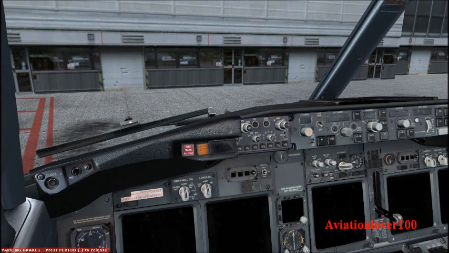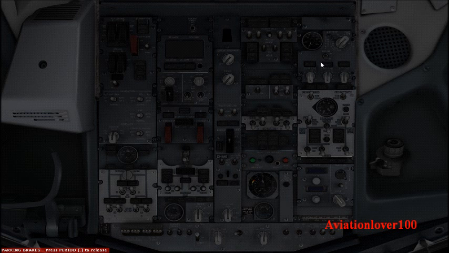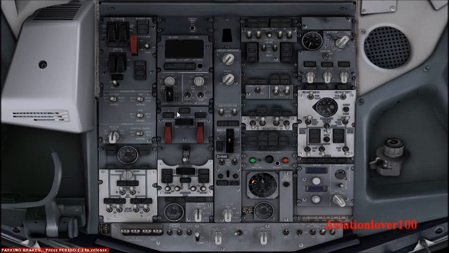First of all, you want to get power in the cockpit, and in this tutorial I'll be using the 2D panels that come with this aircraft, just so you guys can see what I'm doing much better. So first of all, you want to come up here and turn the battery power on, the standby power on, ground power on, arm the emergency lights,